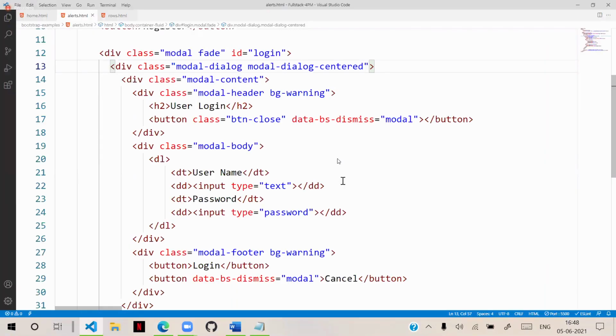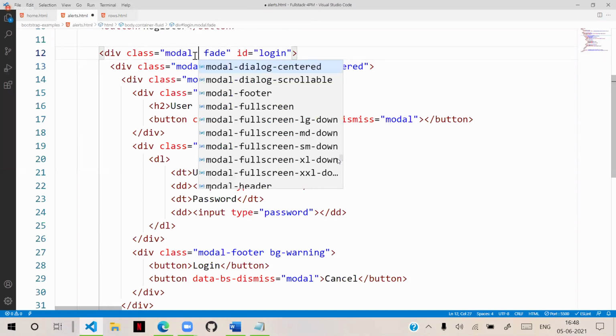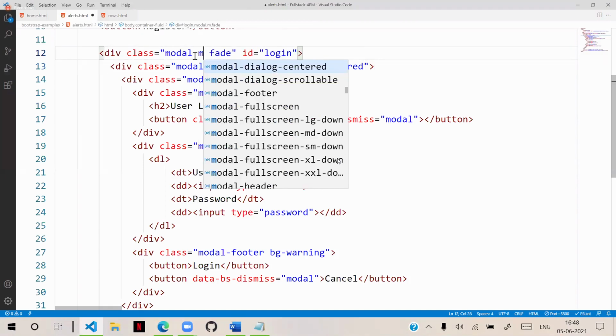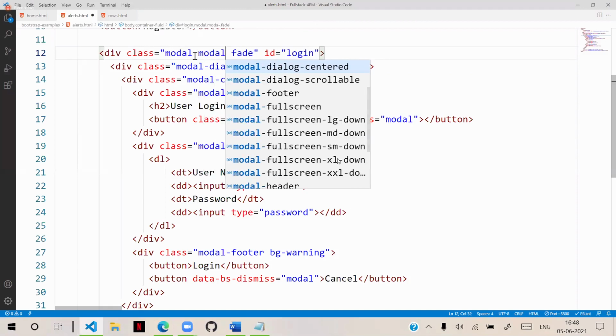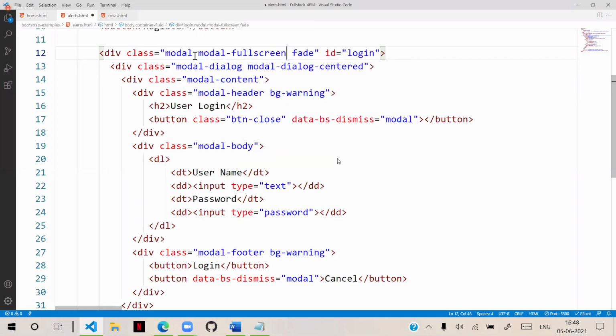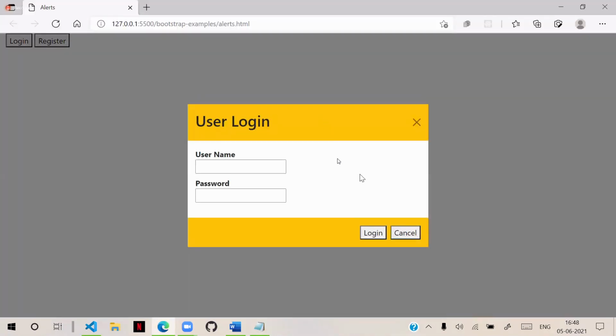Now, very recently, modals are given a new option, that is modal full screen. Modal has a full screen style also. When I click login, the modal has to open in full screen.